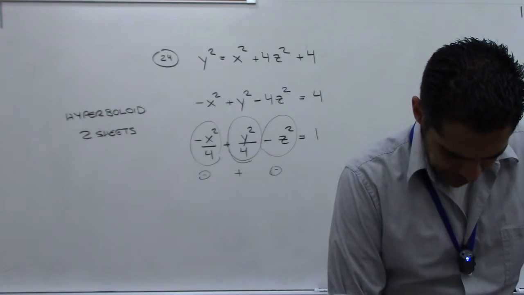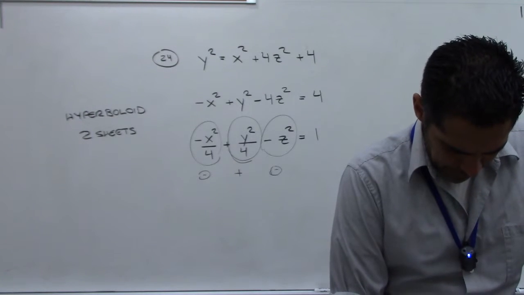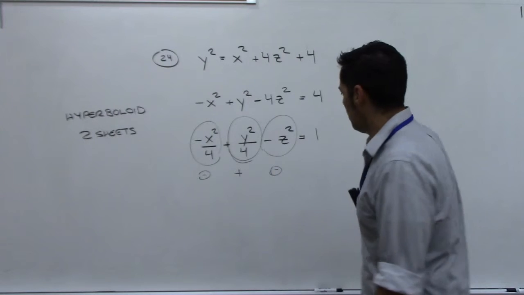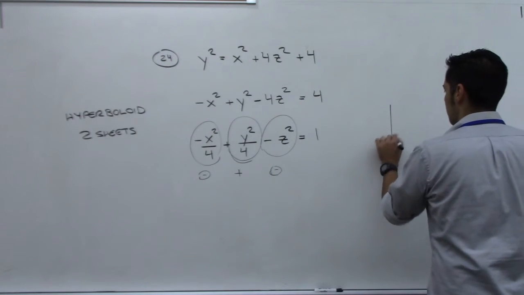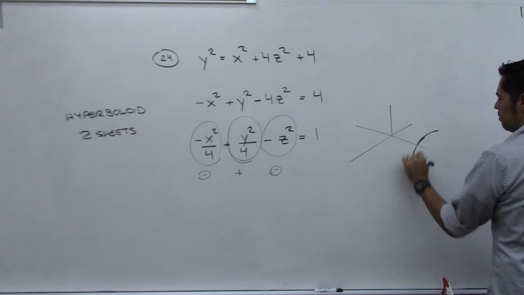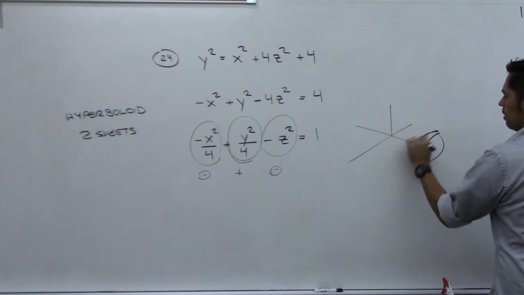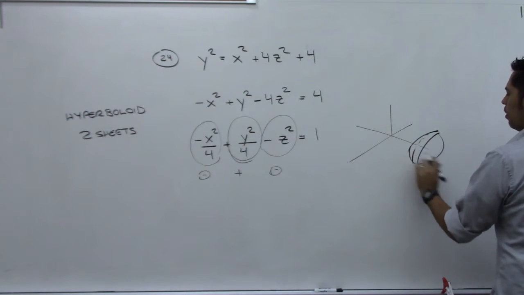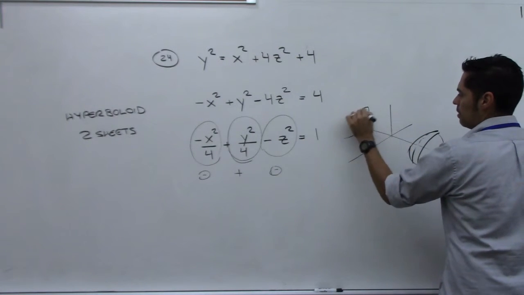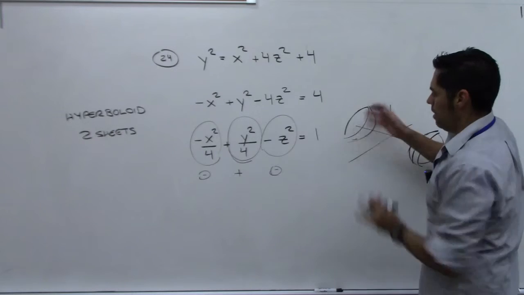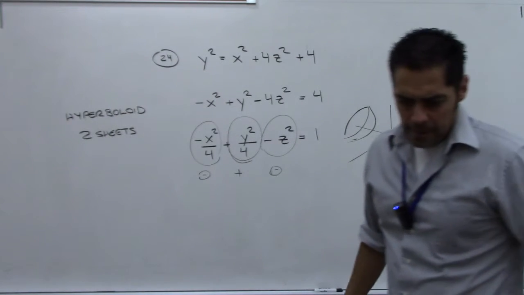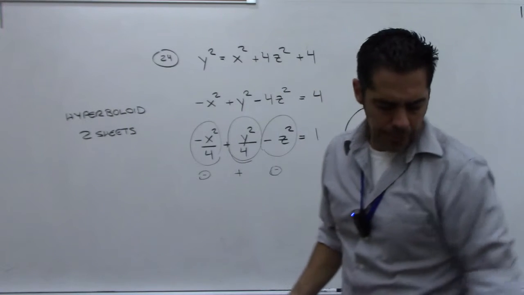And let me see. It actually, because the y is the positive one, if we were to draw this, it would go down the y-axis. So it's like this bowl over here. It's kind of like this bowl. It's opening up this way, and then there's a bowl on this end that's opening up that way. So two bowls, opposite directions. All right,